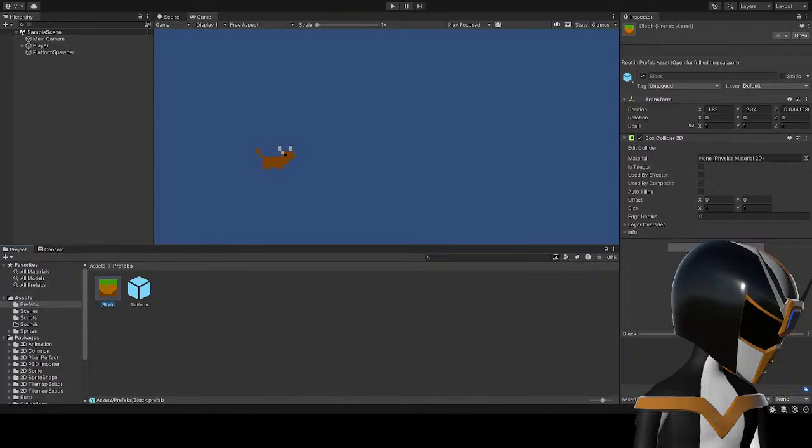So can I just say game object? And that will be fine? Or wait, no, it takes in a transform, right?